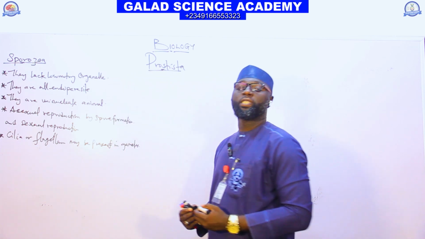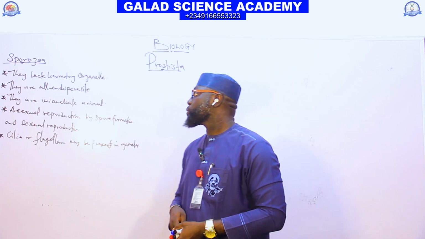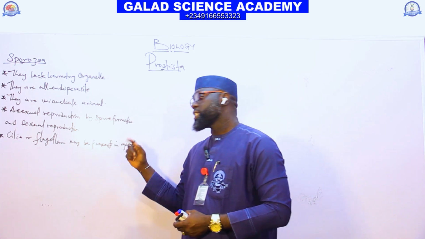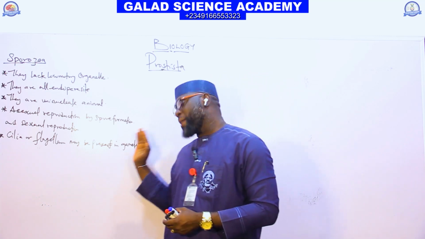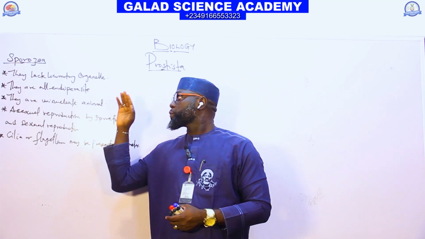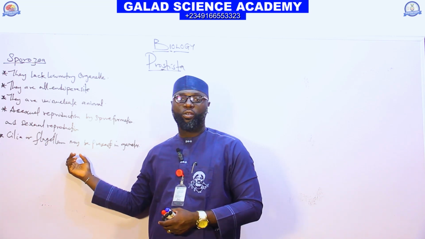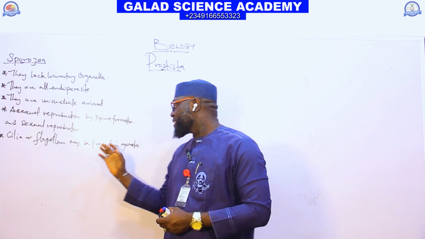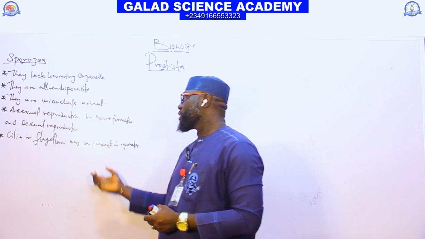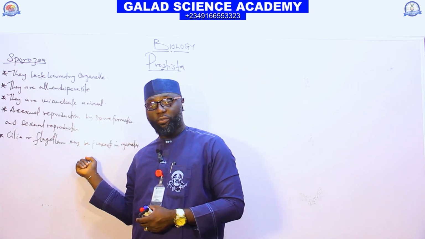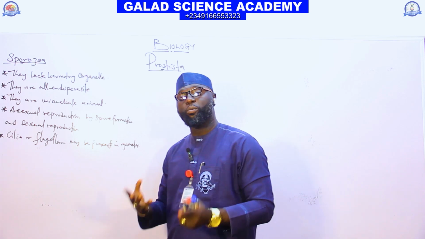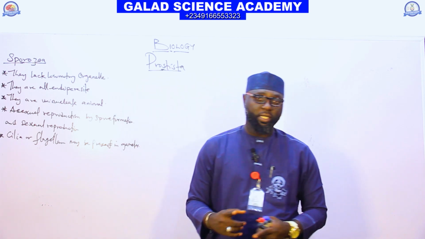But the matured Sporozoa don't have cilia or flagellum, while the gametes of Sporozoa have cilia or flagellum. So once the gametes have cilia or flagellum, the gamete will be motile. The next thing now is